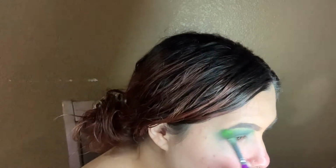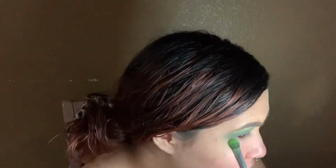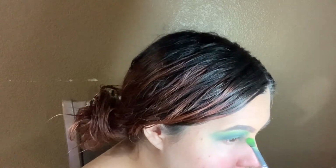But I'm just like, I want to make it prominent, so then I could use another brush and then just blend everything out, so like both of the colors blend in together. So I'm just going to go back and forth with the same motion, just trying to get the color to